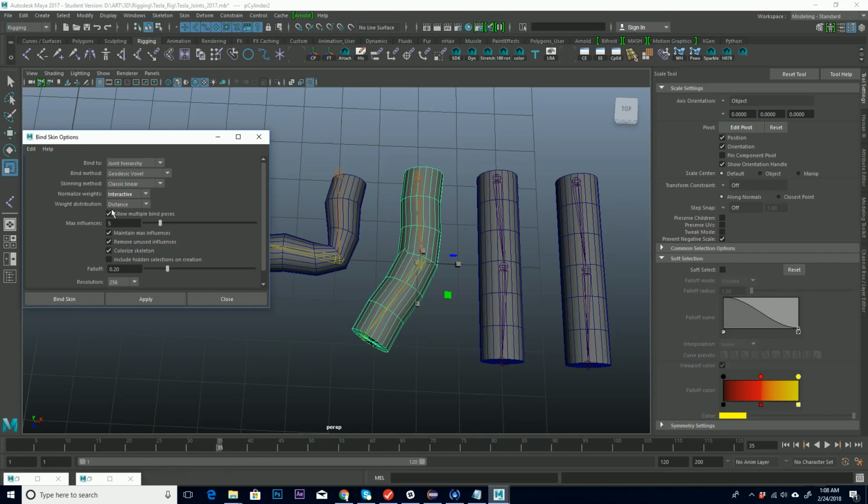You would have that allow multiple bind poses so that you could keep adding that, and you would get an additional bind pose node added on there. Okay, the next option you have is the max influences, which is set at 5, and that usually is great. Every now and then there's an instance where you need that higher, and all that means is that with the max influence set to 5, it means that only 5 joints can ever influence one vertex